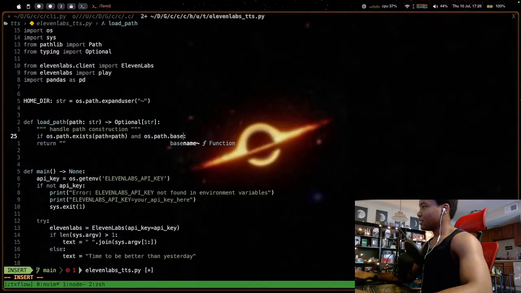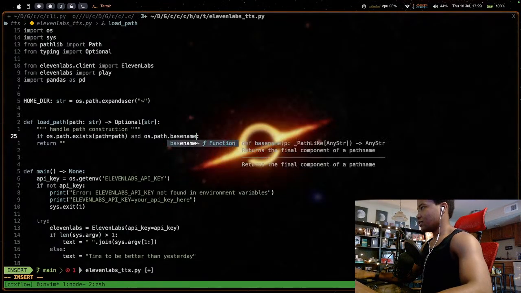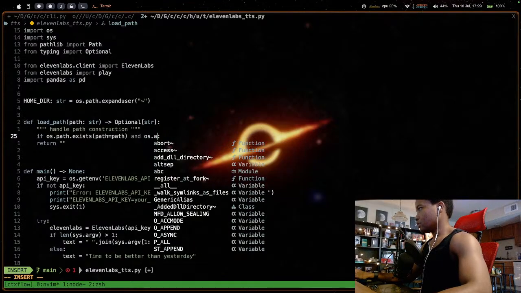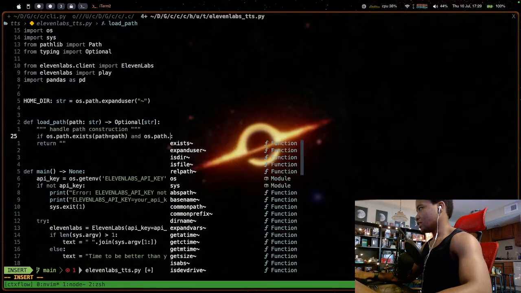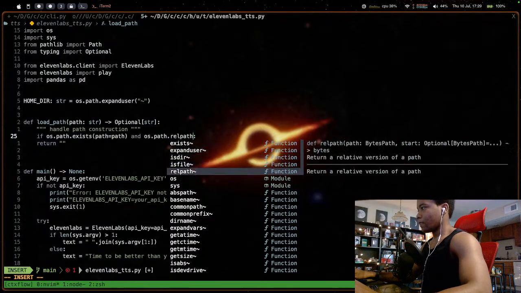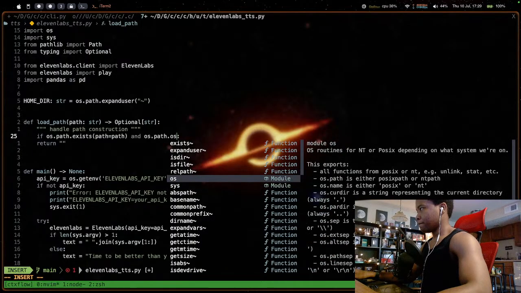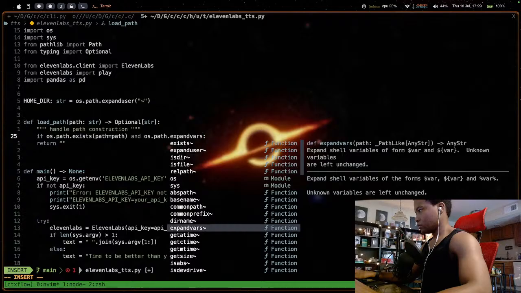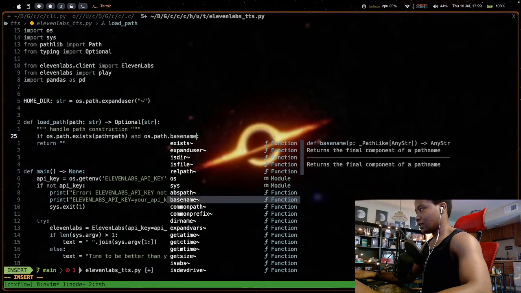path dot basename. So I think basename gives you, what is basename? Returns the final component. I thought it was an os dot path dot, what is it called? Not absolute path.